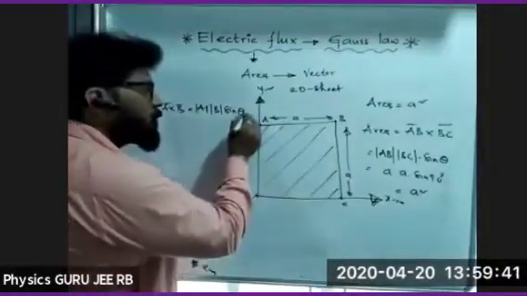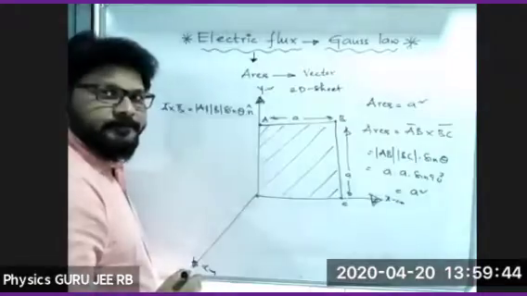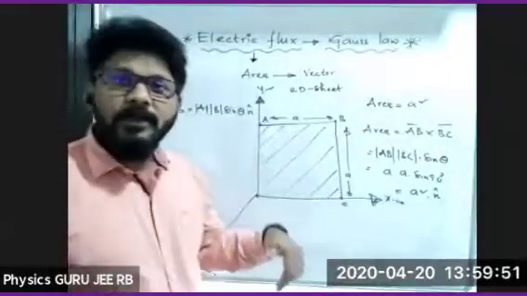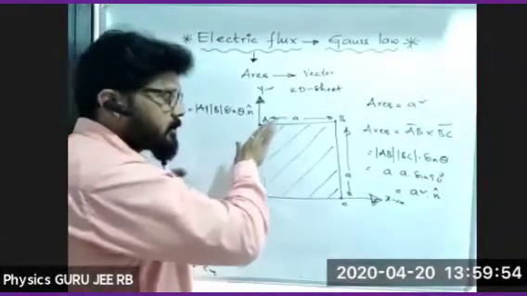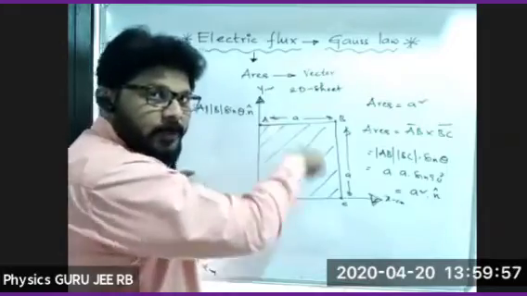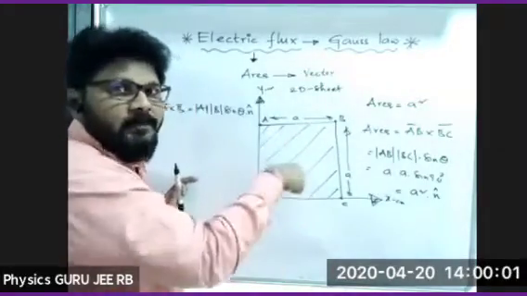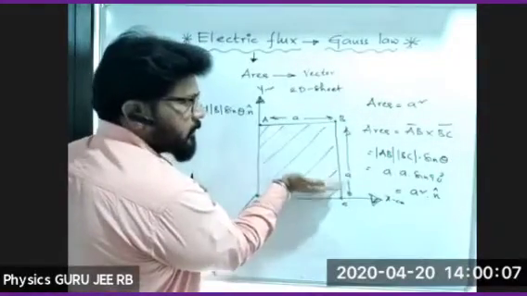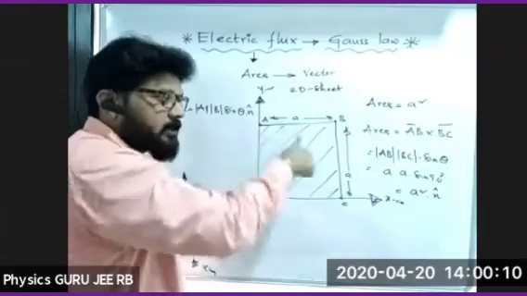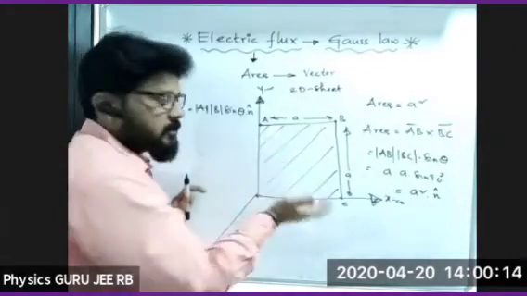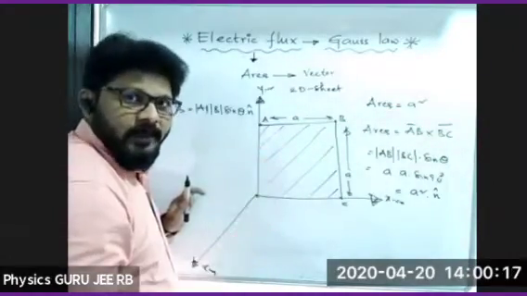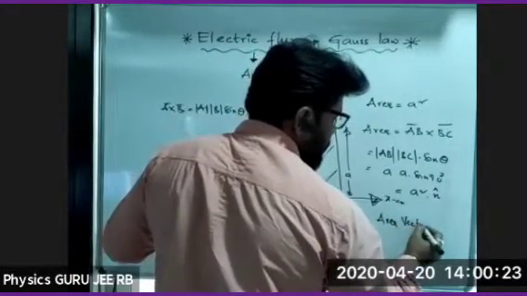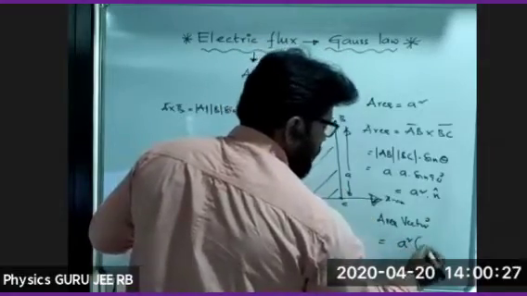So here also we need n cap. N cap is nothing but the unit vector along the direction. That means if I rotate from AB to BC, this is the direction which is going inwards. Or if I move from the BC vector to the AC vector like this, it is away. It has two directions, away from it or inside. Clear? That means I can write the area vector equal to A square into this direction.